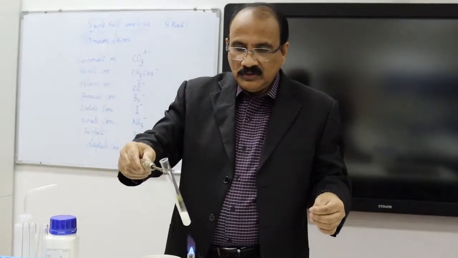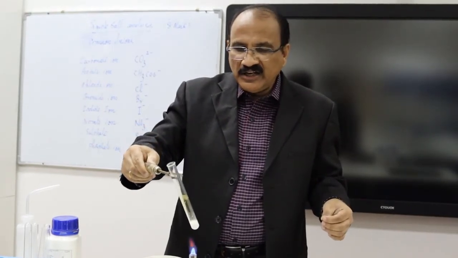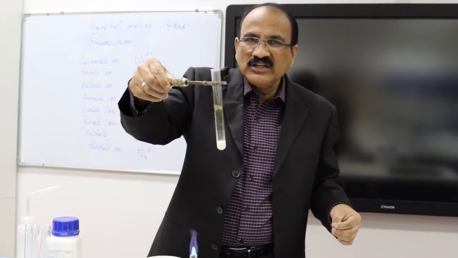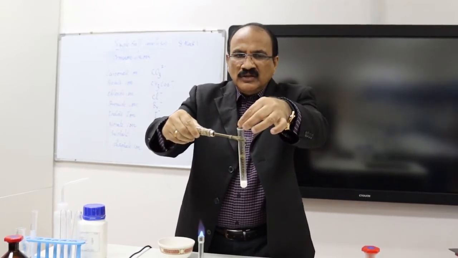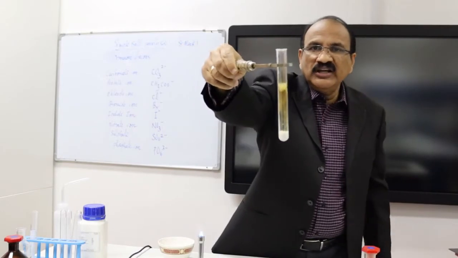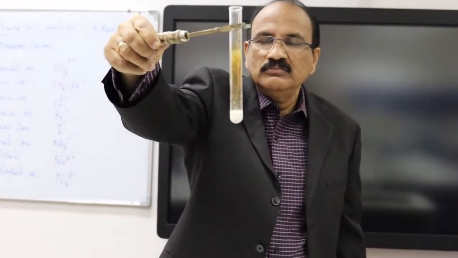Okay. So now I am heating the nitrate with the concentrated sulfuric acid. Already brown fumes started coming. Into that, I will add the copper turnings. Let us see the copper. So this is the reaction. You can see reddish brown fumes. This is reddish brown fumes.